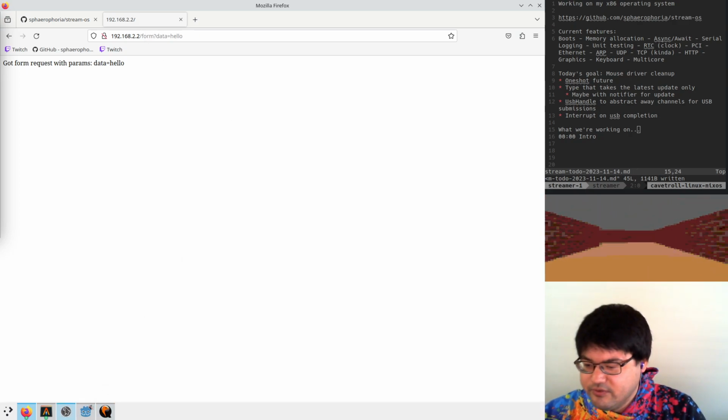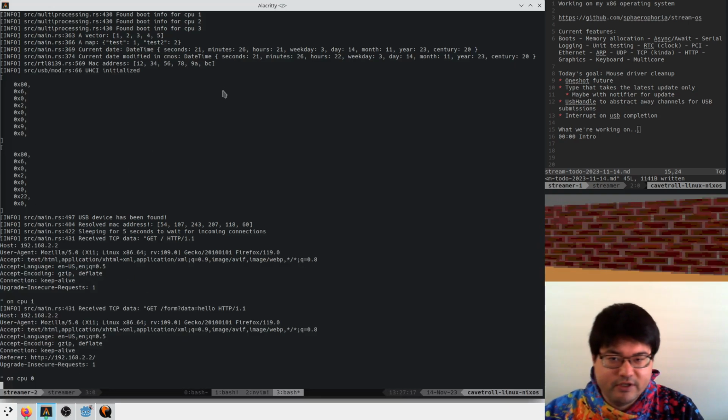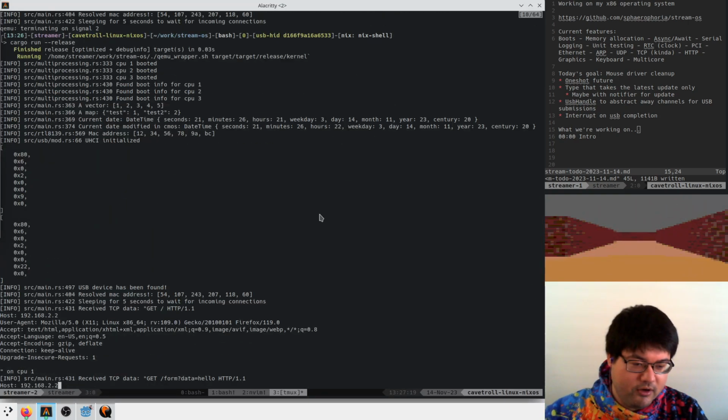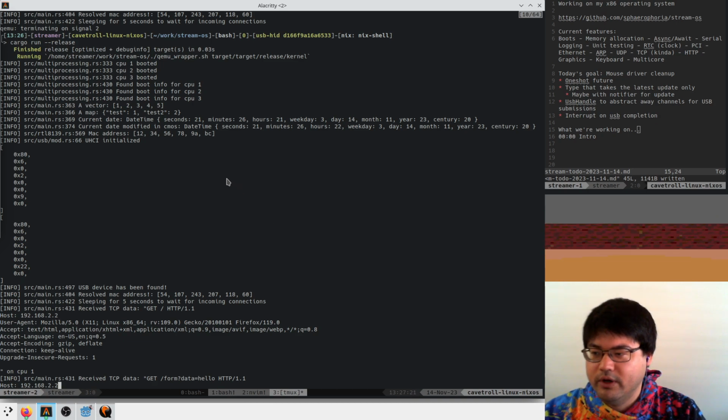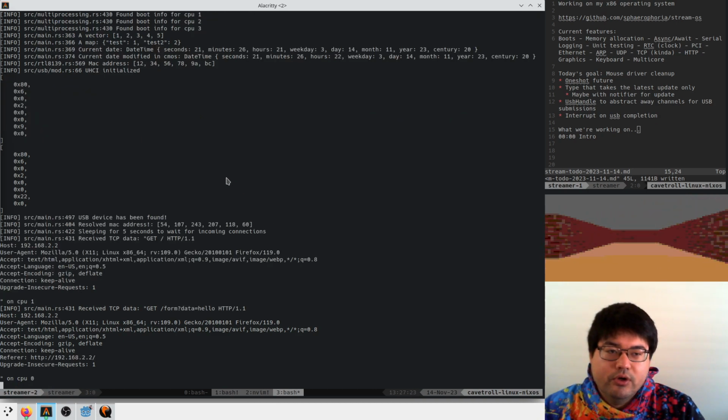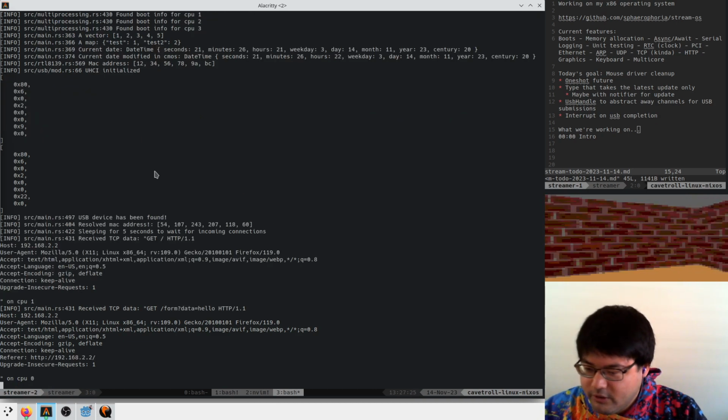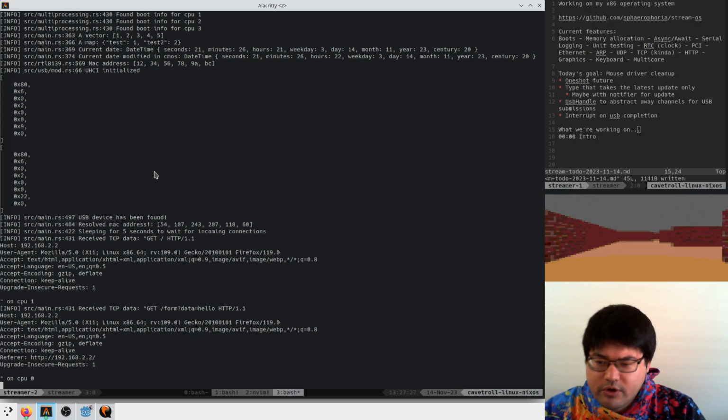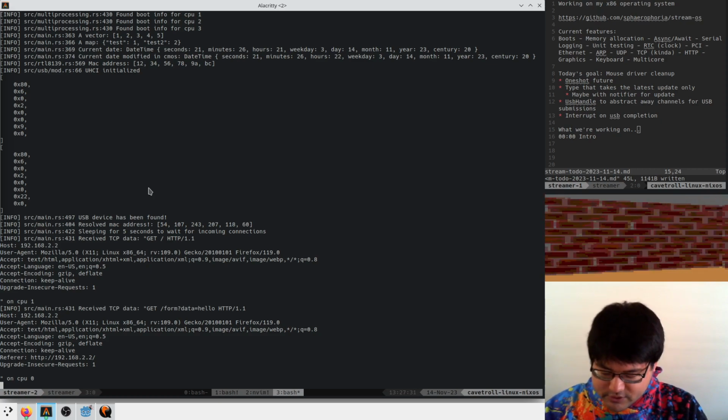We have a bunch of infrastructure for logging, unit testing, etc. We're seeing logs here that are coming out of the serial console, which QEMU is forwarding over to standard input output. And what we want to work on today is continuing the saga of mouse